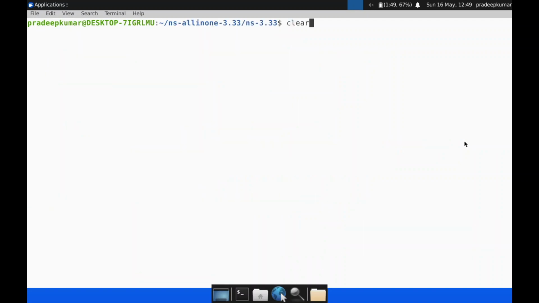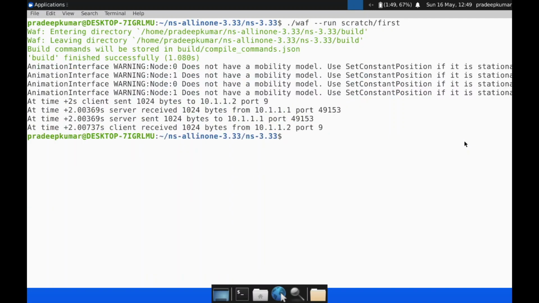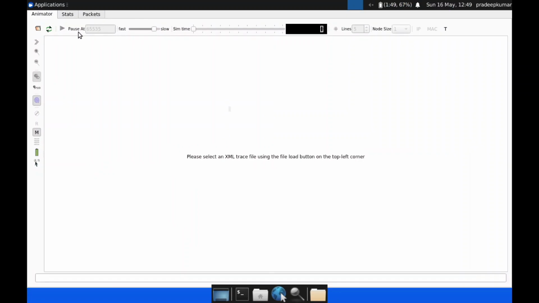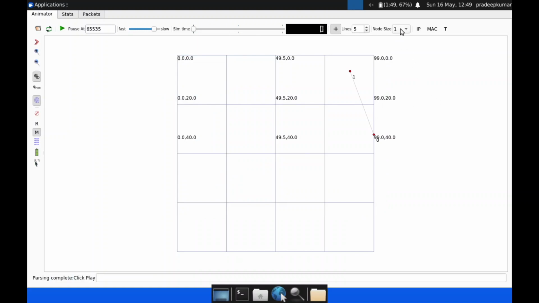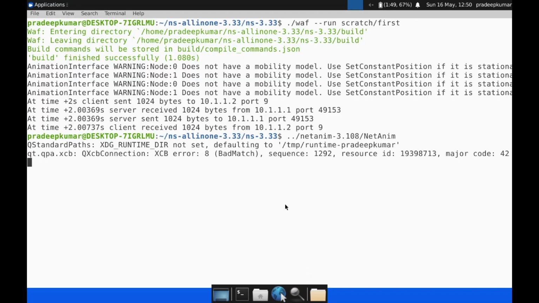Neglect the warnings. Now you can go to NetAnim using the command ./NetAnim. Open the file. The window opens; go to the open icon and select the first.xml file. Once you select the first.xml file, the XML file opens. You can see there are two nodes; run the simulation. The simulation works perfectly fine. Between nodes 0 and 1 there was a packet exchange. Please remember, all these operations are carried out only with the help of the Windows operating system. Within Windows we have installed the Ubuntu operating system, and everything works perfectly fine.